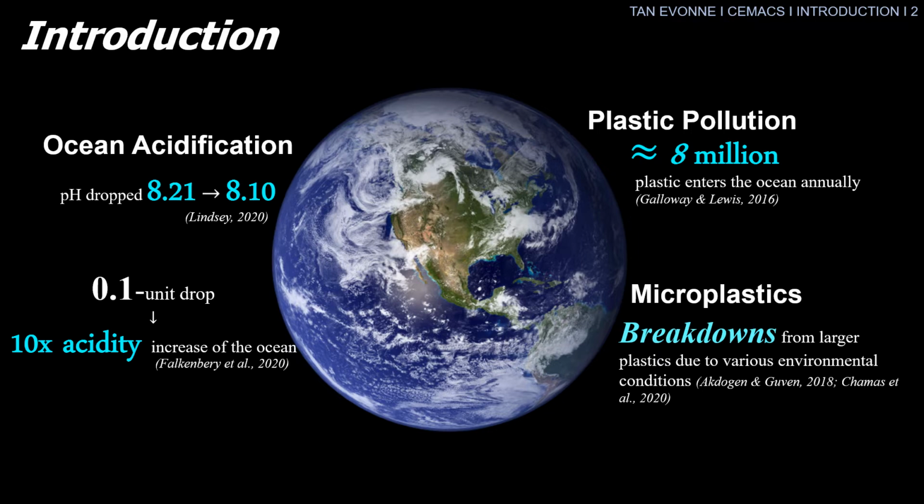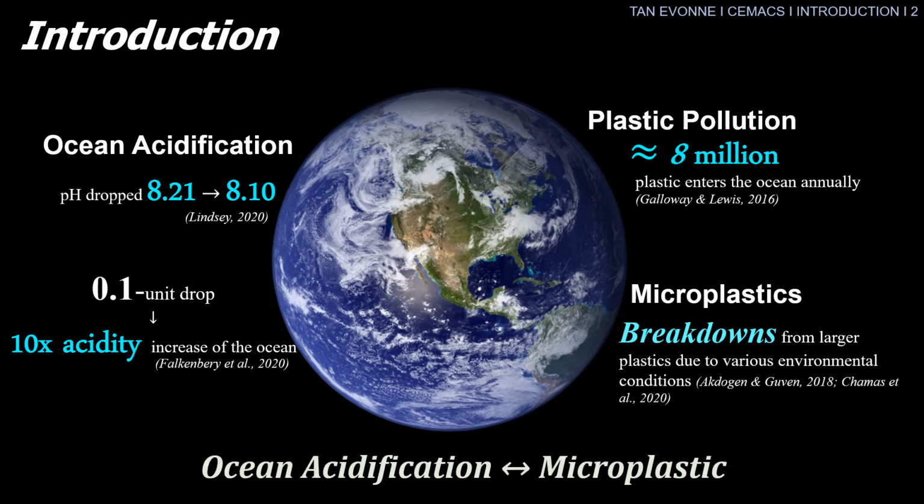Microplastics are very small in size, which can be harmful to organisms if they accidentally consume them, entering the food chain and eventually reaching the human diet if we consume contaminated seafood. They can also easily release chemicals added during plastic manufacturing, and hence they are physically and ecologically problematic. Therefore, we are interested to learn whether ocean acidification and microplastic pollution will interact with each other.